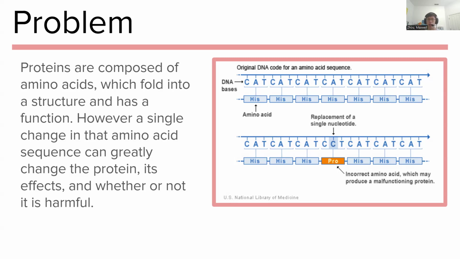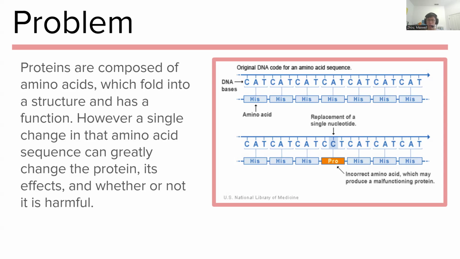Mutations within this amino acid sequence, even if it is just a single amino acid, can greatly change the protein's function, and whether or not the protein would be harmful or helpful in any way.